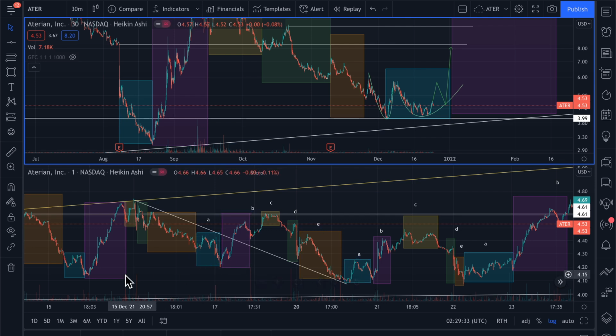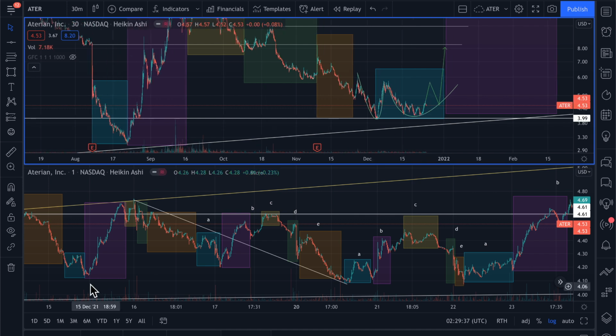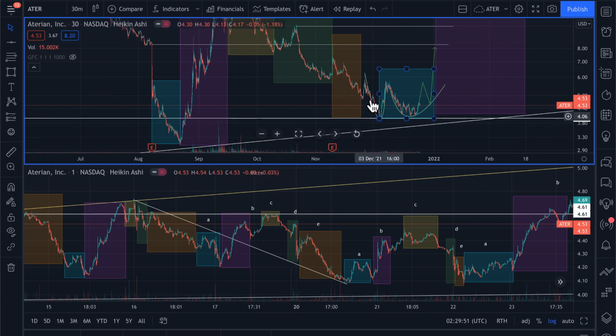But regardless of whether or not this is the M, we would expect to see one more move up and down. One more move up and down. That's always how the M finishes. So when we move up and down, which is going to define the upward movement, based on where we are in the fractal and where I think we are in the snap pattern on the W, my thought is that this is